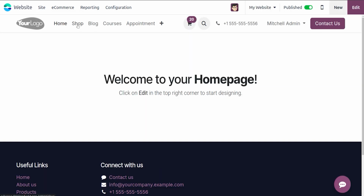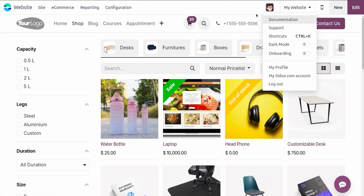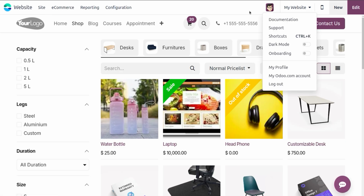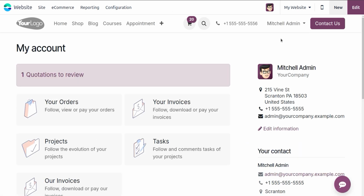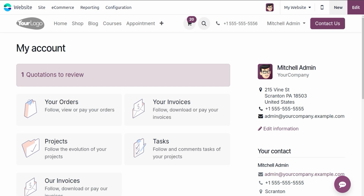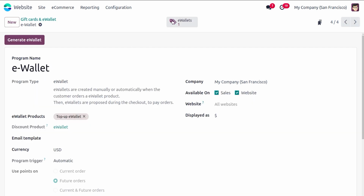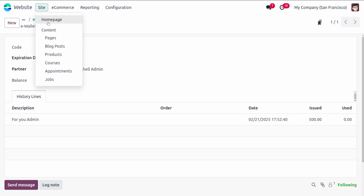and shop. Before that, Odoo 18 introduced a new feature where the customers can view their eWallet details from here. So the Michelle admin, he can go to my account, and here we can see the eWallet with the 500 balance. So the customer can shop using this eWallet. Then here we can see the eWallet, and we need to copy the eWallet code, and let's go to the shop